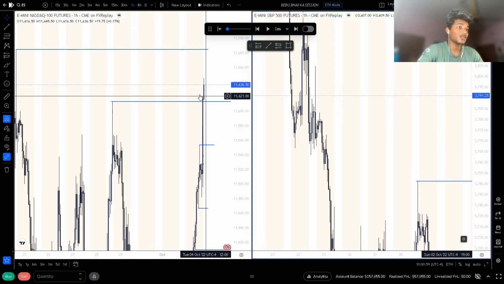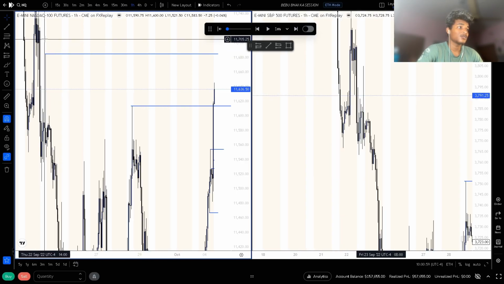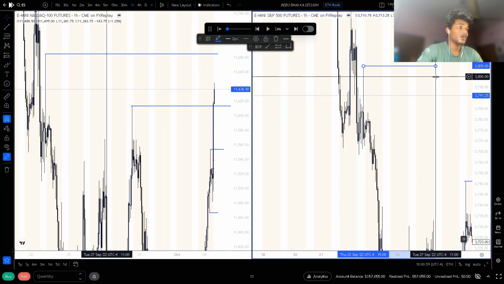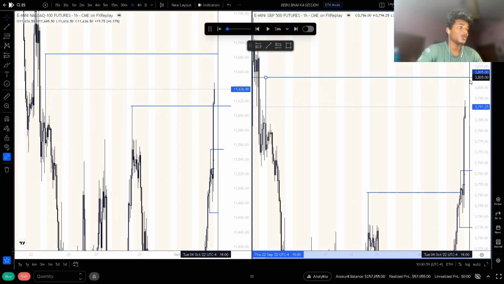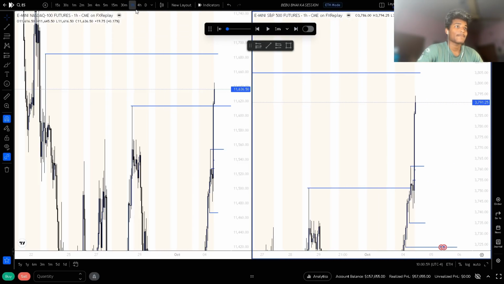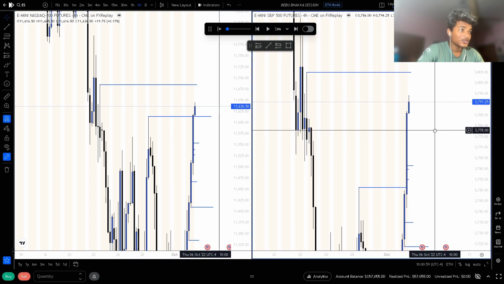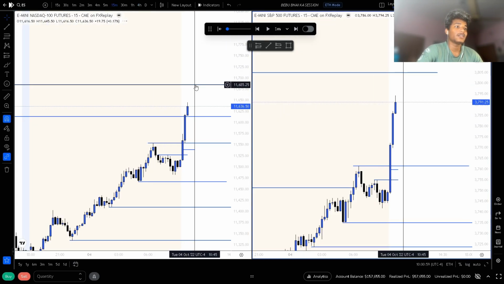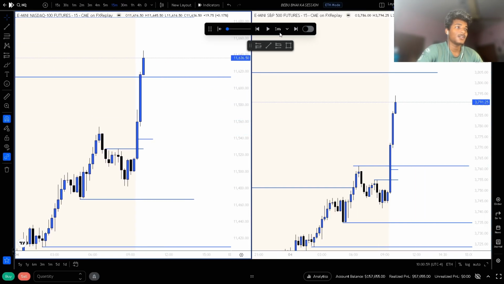The market is extremely bullish, bro, like for real. So this high is here and has the market already taken it out? No, the market is going for it. And the 4 hour, there's nothing actually stopping us from going upside now, but I do want a retrace into this 15-minute gap.